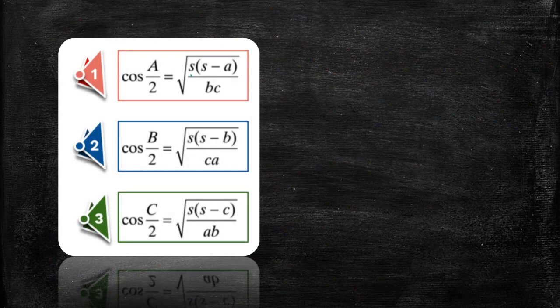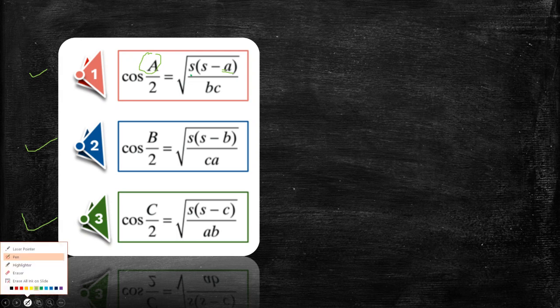Okay, so I have another set of formulas, again from the half angle formula. It is cos of A by 2, a short formula. Cos of A by 2 is under root of s(s minus a) by bc. Here, if A is involved, then a is also involved. And cos of B by 2 is under root of s(s minus b) by ca, and cos of C by 2 is under root of s(s minus c) by ab.